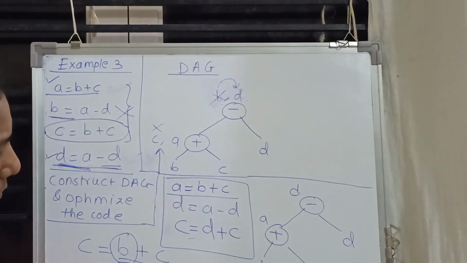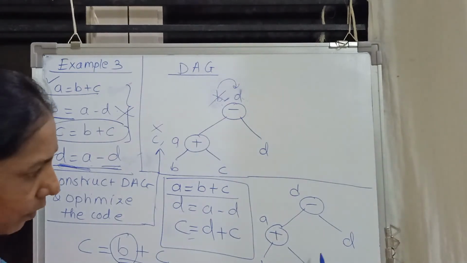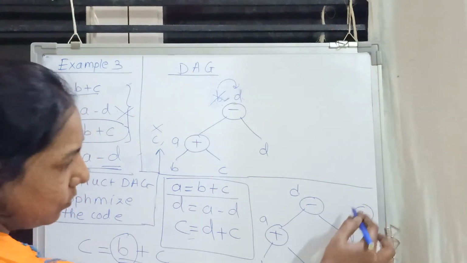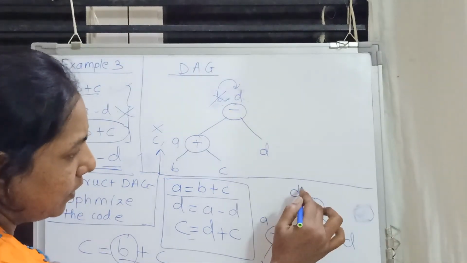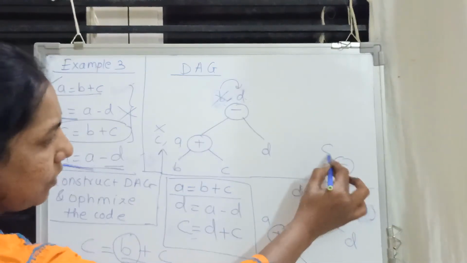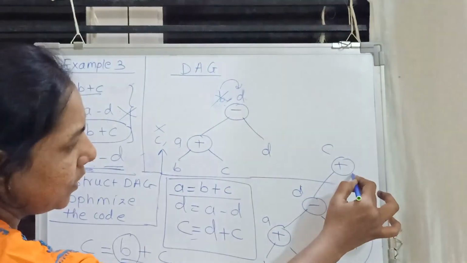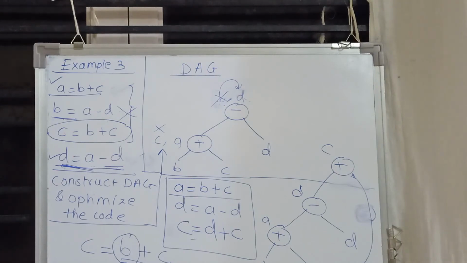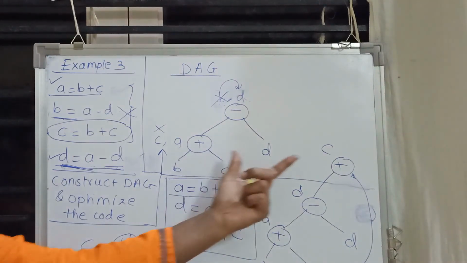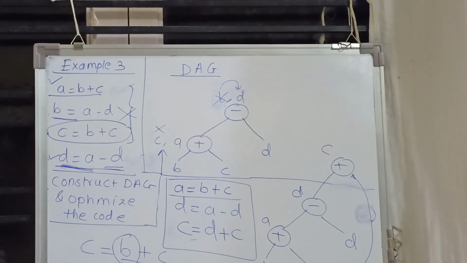C is equal to D plus C. C is here. Now plus, again we have to add one new node. So suppose here we have added the new node plus, or D, right now D is calculated here, so I am adding here, so plus. Now this is the C. Now C is equal to D plus C. So D is from here and this one is from here. So this is also one way of optimizing the code. Actually here we have multiple levels of the DAG, but code is optimized in this way. So this is also another way of optimizing the code.